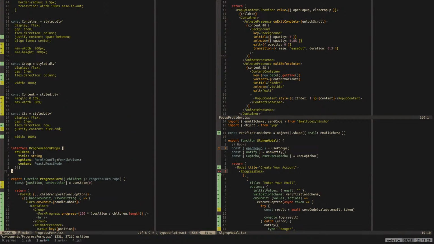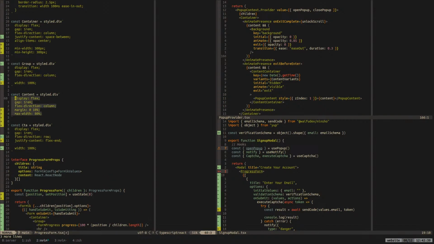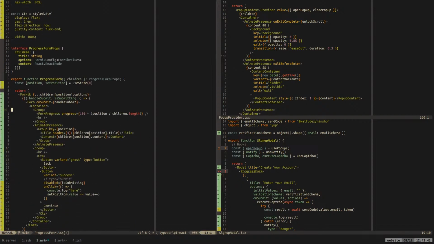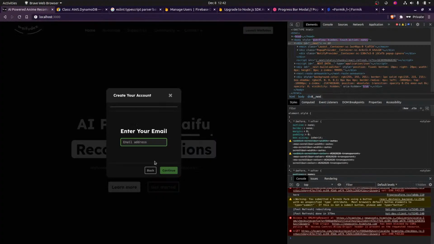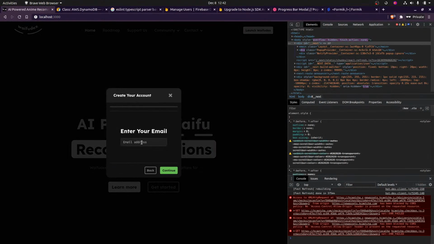What is the point of that? We can just do this. Right? And then we can change this to content, and then delete this. Maybe? Yeah, that works.